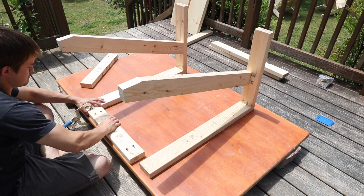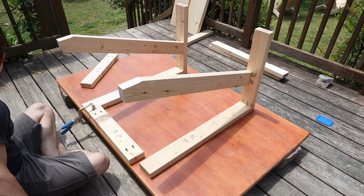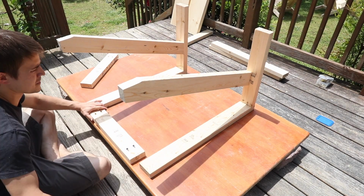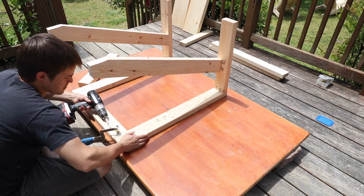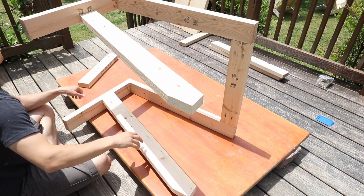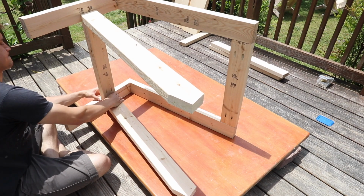Next, we're going to use one of those pieces that you drilled the pocket holes into earlier. What you're going to do is turn your legs over upside down, use your clamp to attach the 19.5 inch piece to the armrest, and use 2.5 inch exterior Kreg screws. Now, this is the only error I've seen in Anna White's plan so far. The plans say that you're going to need 4 pocket hole screws, when in reality you will need 8 because